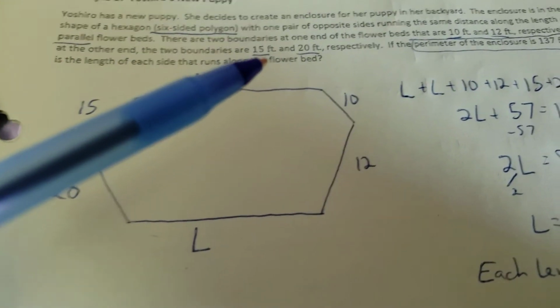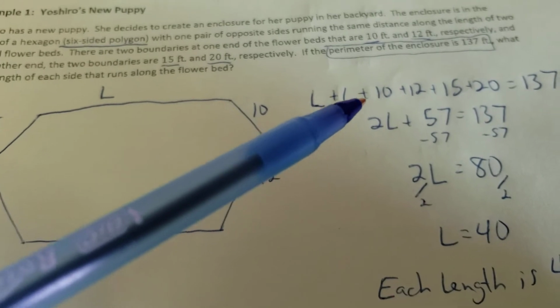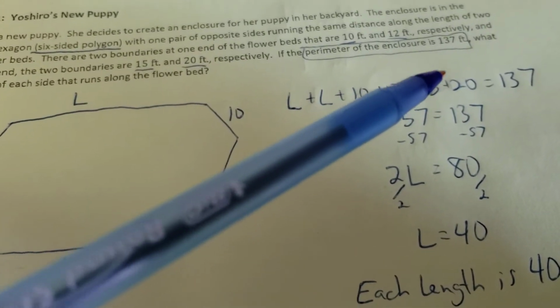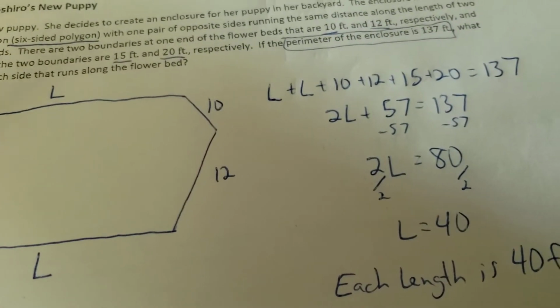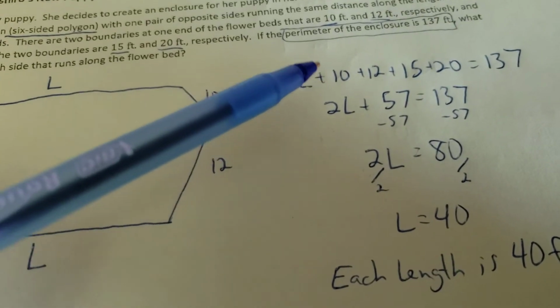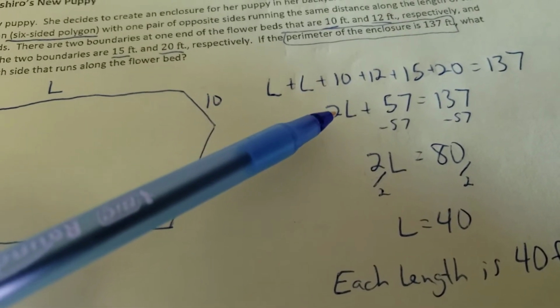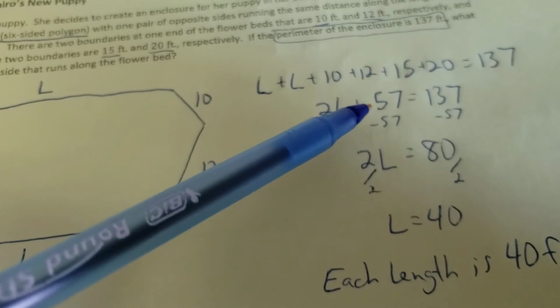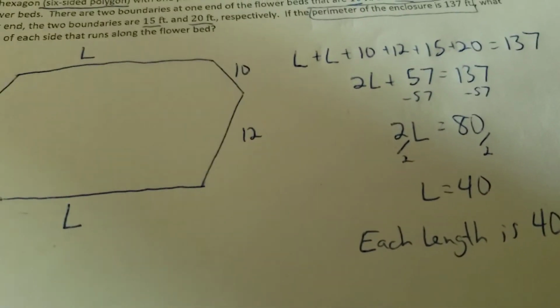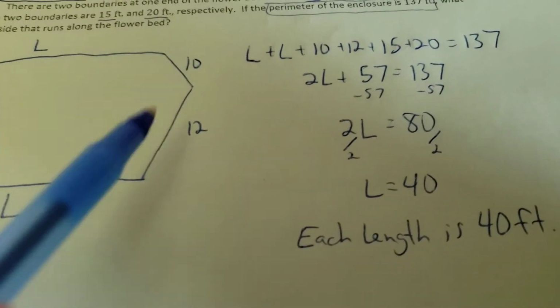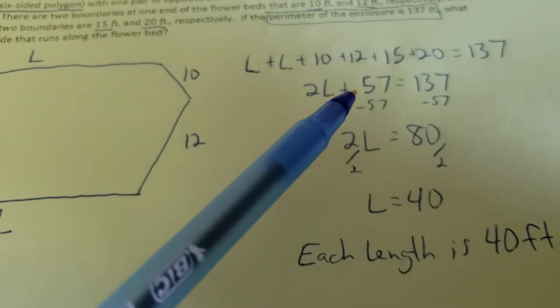So if I look at all my pieces, I have L and L, then I have a 10, a 12, a 15, and a 20. All together should add up to 137. So I combine my like terms. There's 2 of the L's, so I call it 2L. And then all the regular numbers add up to 57. So 2L plus 57 equals 137. Now I begin my normal two-step equation process where I get rid of my regular adding and